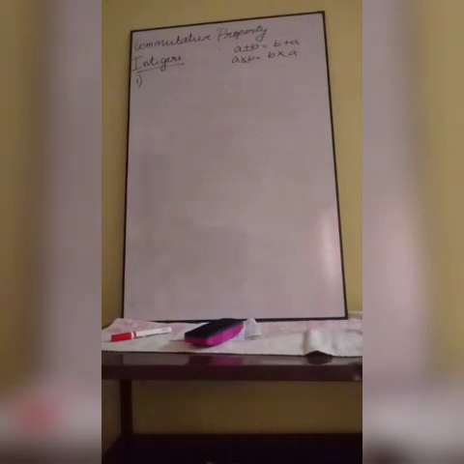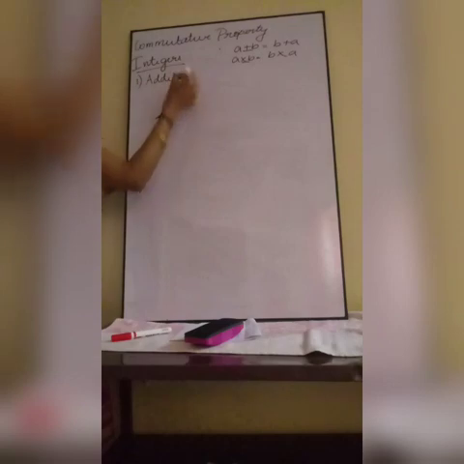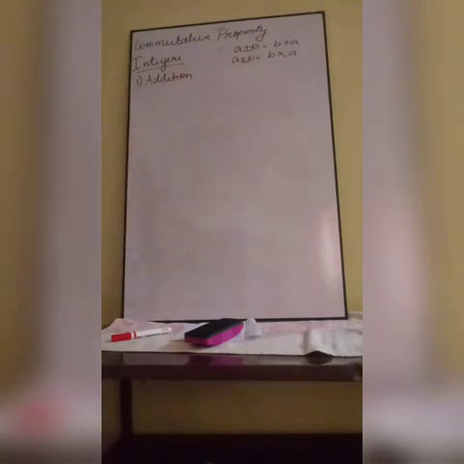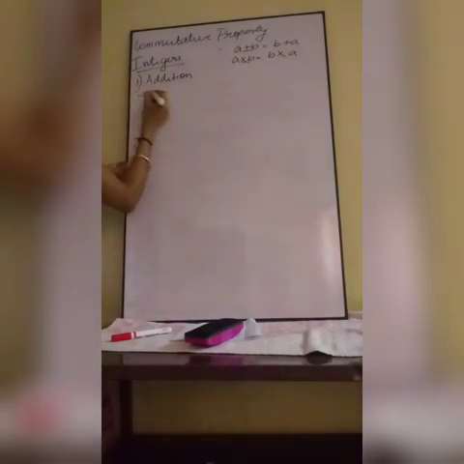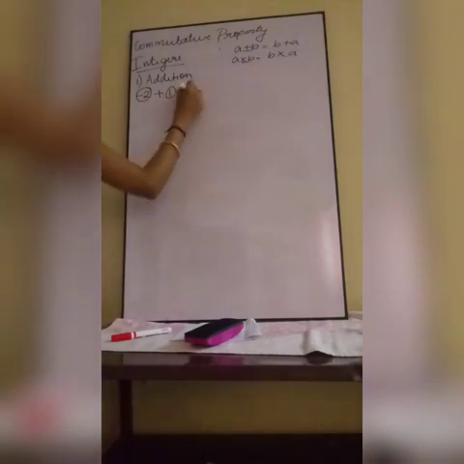We are going to deal with integers. First, integers under addition. We take two integers and add them. Minus 2 is one integer, and I am adding it with 1. 1 is one integer, minus 2 is one integer. This is a negative integer, this is a positive integer. Minus 2 plus 1, what is the answer?